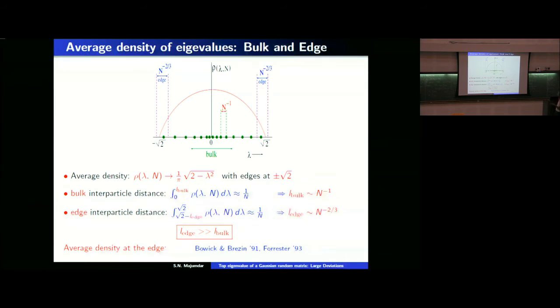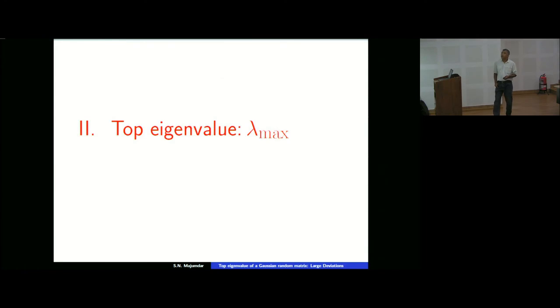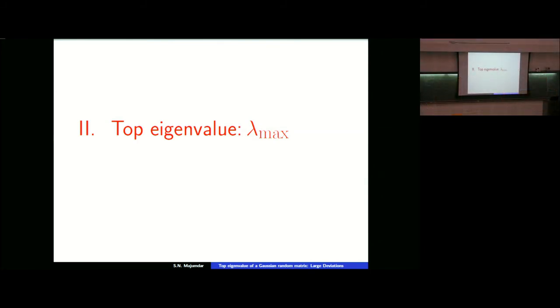And then something happened, because it was already clear from these works that there's something interesting going on at the edge of the semicircle, as you approach this edge. And there should be a length scale n to the power minus 2/3. And maybe there's some universal physics there, okay? Then in the early 90s, there was a lot of excitement at that time,